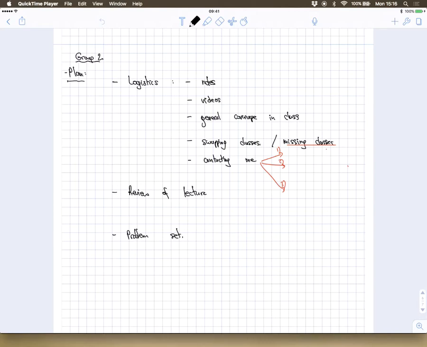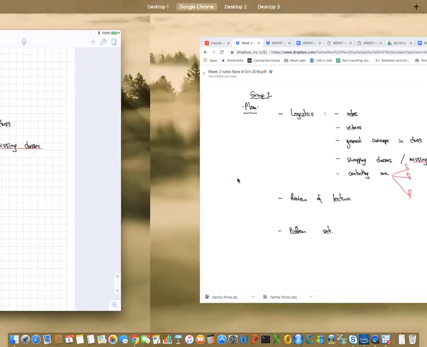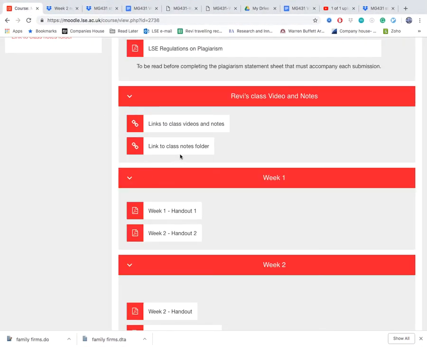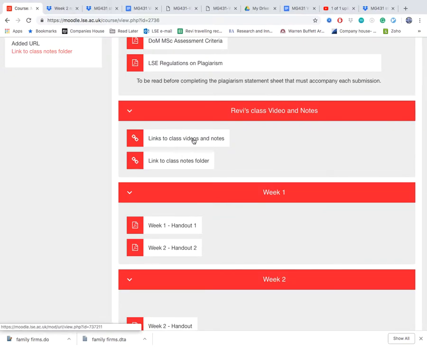For example, my goals for the week are to make sure that if you had any questions on handout 1 from the lectures, I'll be able to cover all those questions. And I'll be able to cover all the problem set 1 questions in full, and you'll have videos for those. So to give you an idea of this, if you go back to Moodle, you will see links to class videos and notes. If you click on that,